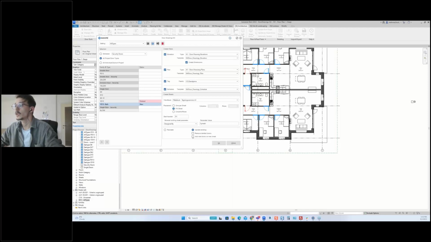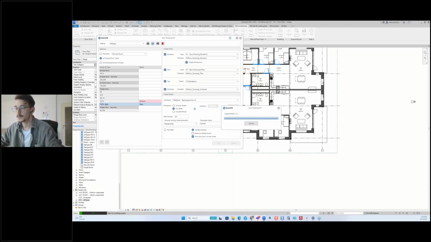And when it comes to new doors, you can decide if you want to add them to new sheets. This option is added because, as I mentioned in the beginning, if you have issued your sheets to a manufacturer or anyone else, you don't want to change the scope of the sheets too much. You want to keep them the same as much as possible. That's why we added this possibility here, that if there are new doors, you add them to a new sheet. You can have 10 new doors, you can just click this option and they will be added to a new sheet. So if I run the feature right now,